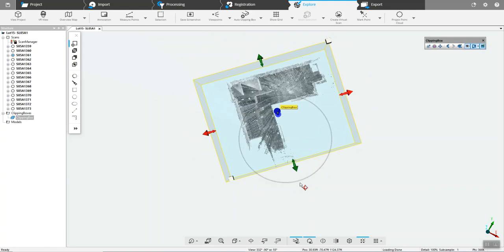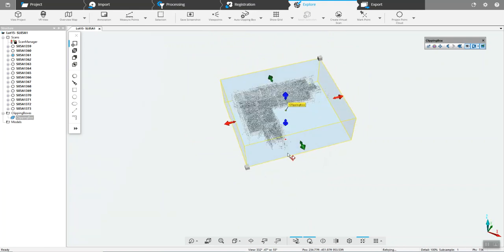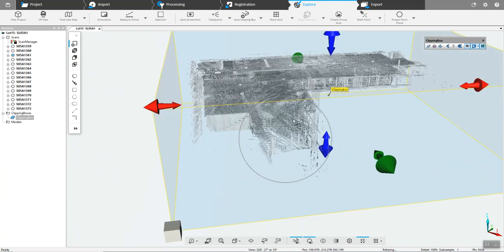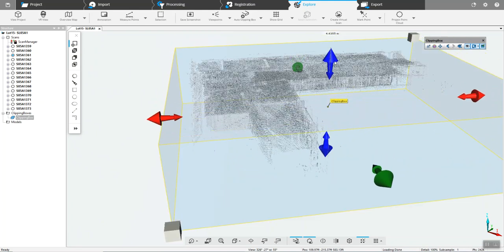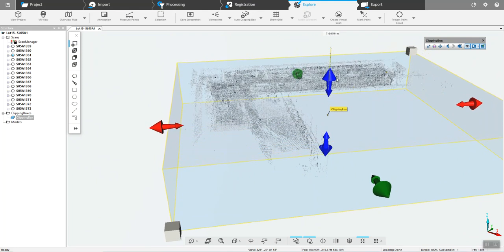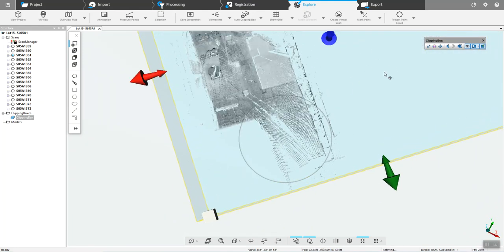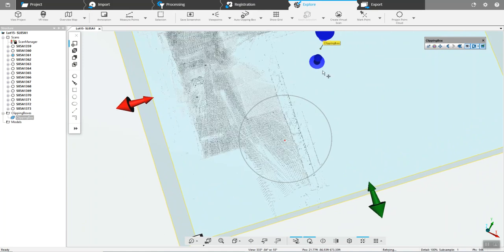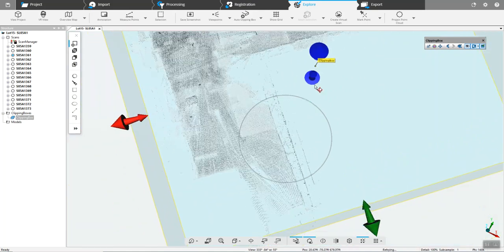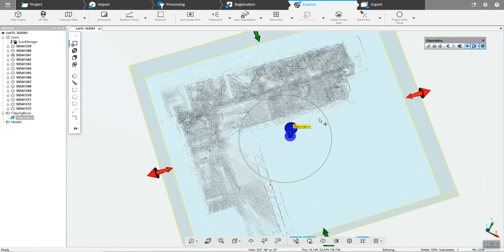So what this does is it's isolating the information that I want to see, and I use this because I want to see below the overhead. So I'm going to drop this down so that I can look at the scan information. So I can now see below the slab above, and I can assess the quality of the floor